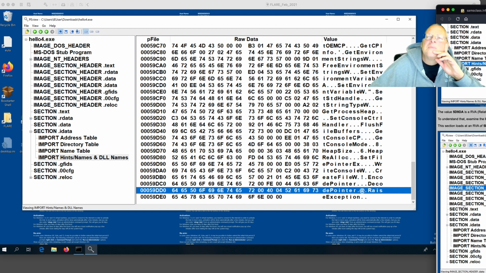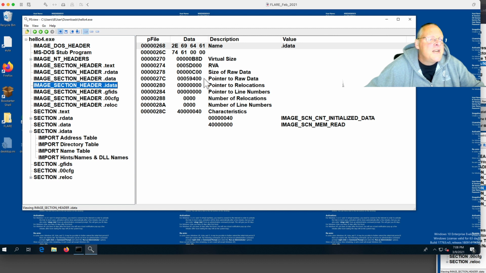Anyway, the point is you can calculate how these things relate. This is a relative virtual address. The P file points to the real location in the file, but the section loads at a different address. And the pointer to raw data, if I go to the section header for iData here, it shows me that the relative virtual address is here, 5D1000, but the pointer to the raw data is 594000. So this is where the data for this section is stored in the executable file,